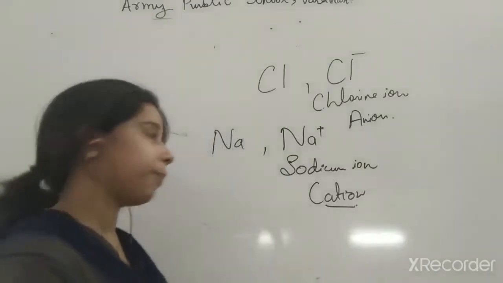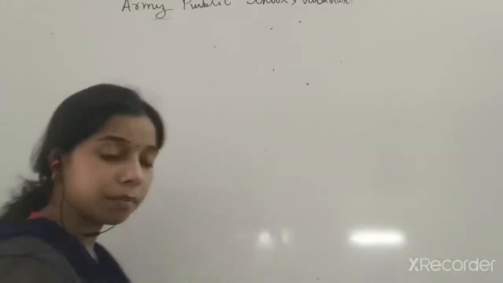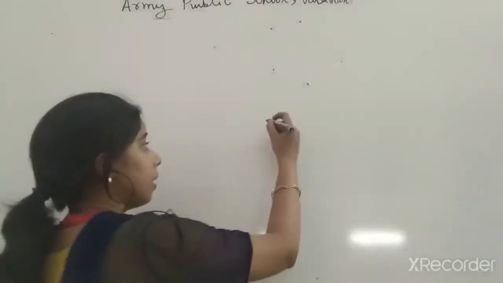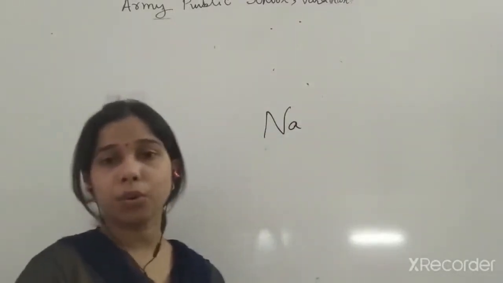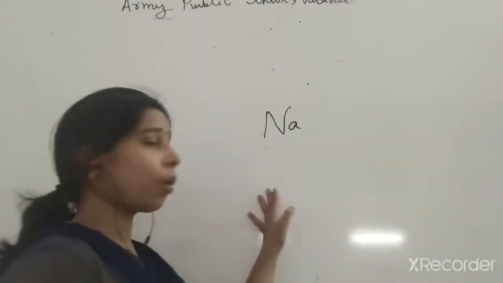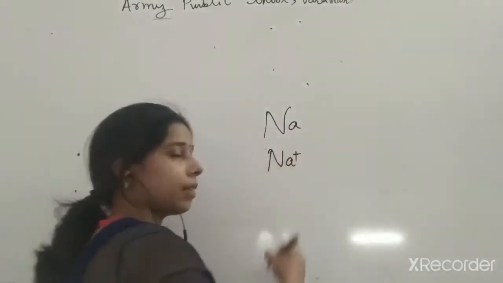For example, this is sodium. Okay, so this is the sodium atom, and this sodium atom becomes Na positive, that is sodium ion,